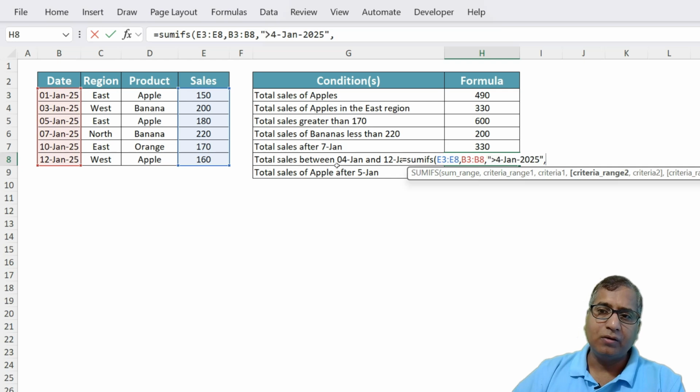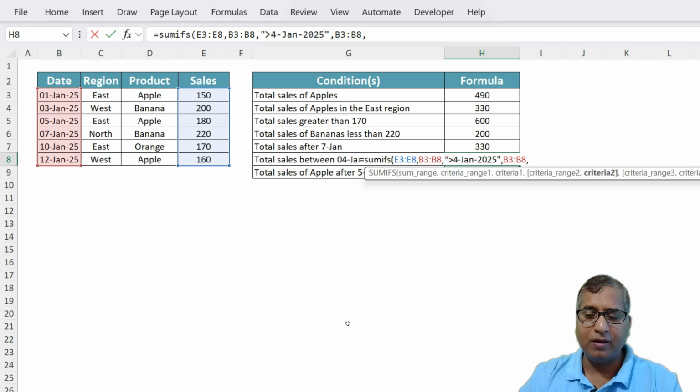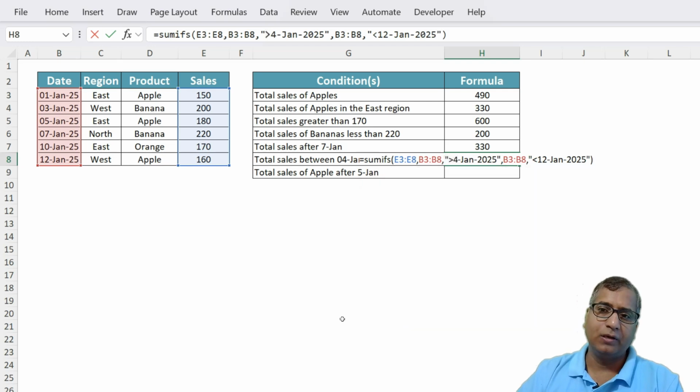Then criteria range 2. Now we are talking about the date again, right? 4th to 12th. So same date range. The criteria 2 would be less than 12th. Like this,